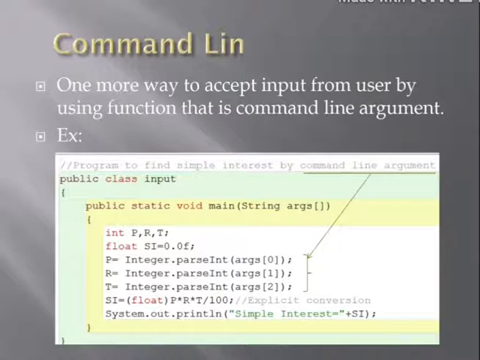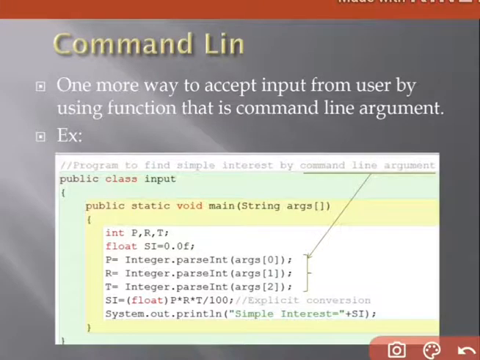Basically, command line argument also focuses on functions. String args. What are we writing? String args. String args is a single dimensional array. Single dimensional array, I told you already, accepts similar types of values.